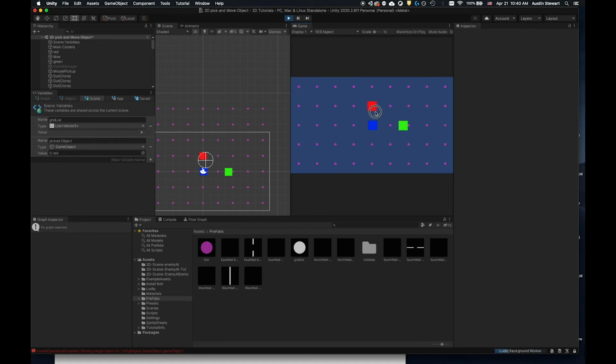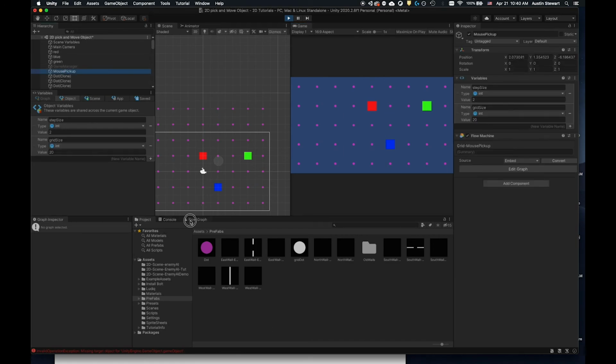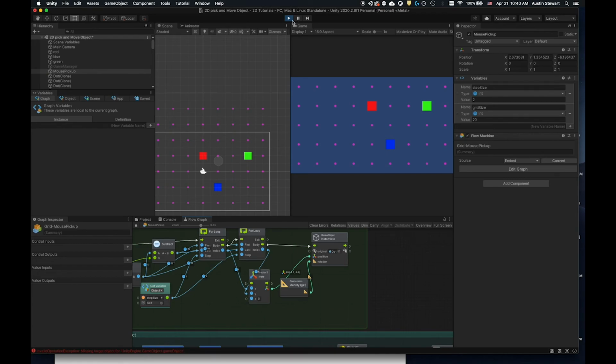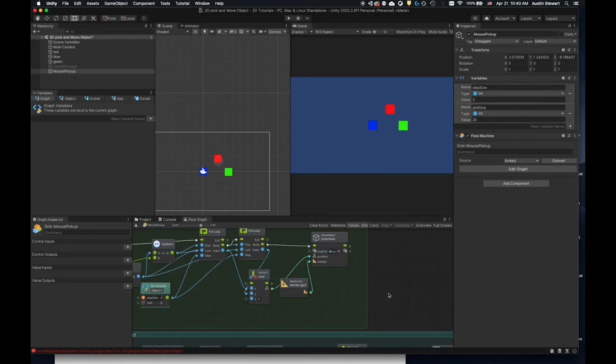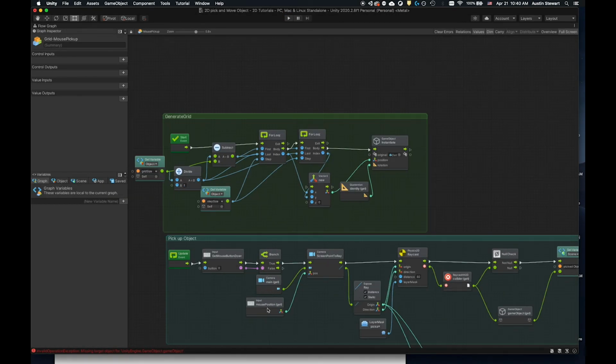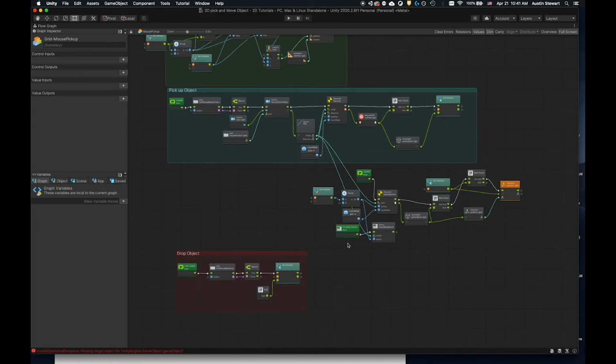Okay, it looks like now they are indeed rendering in the back. Perfect. Okay, so let's go back to our mouse pickup object, go to our flow graph, stop our graph from running, and there's just one last step we need to do, which is to encapsulate this chunk